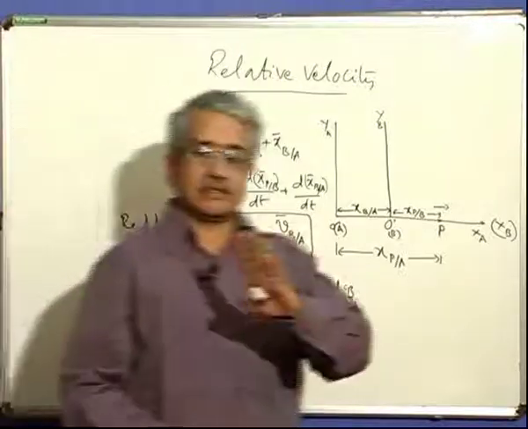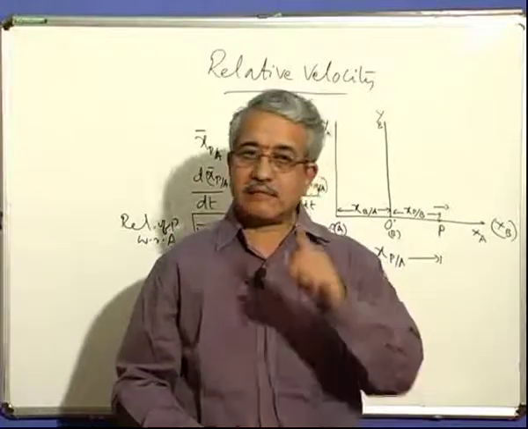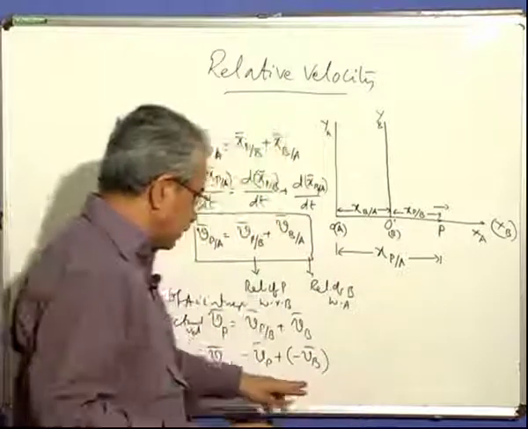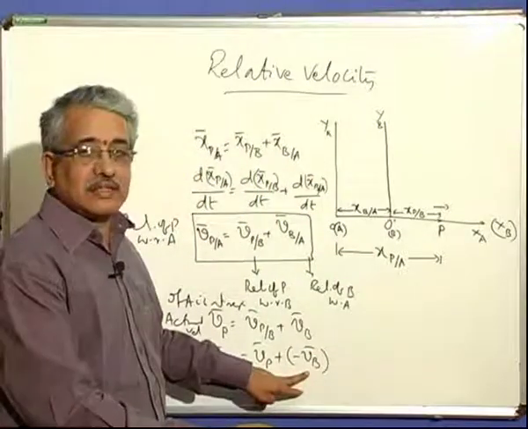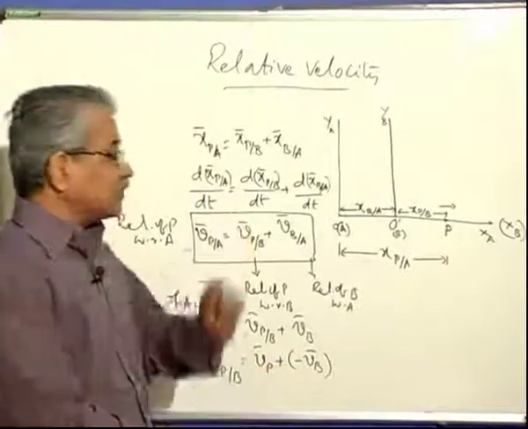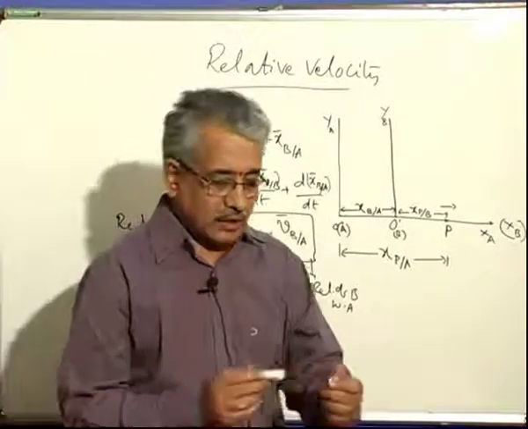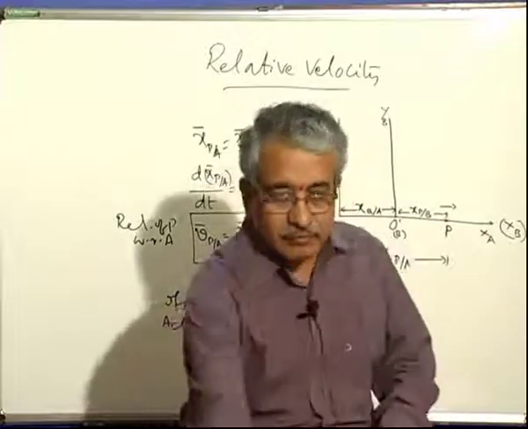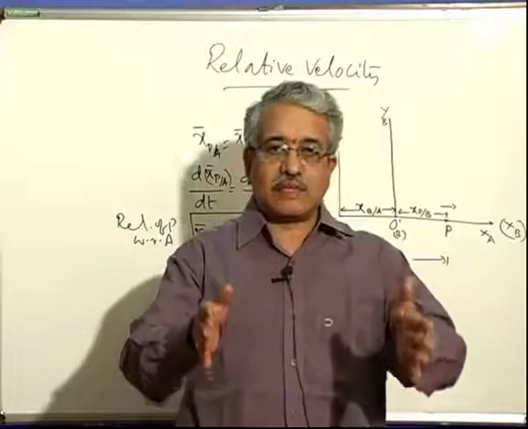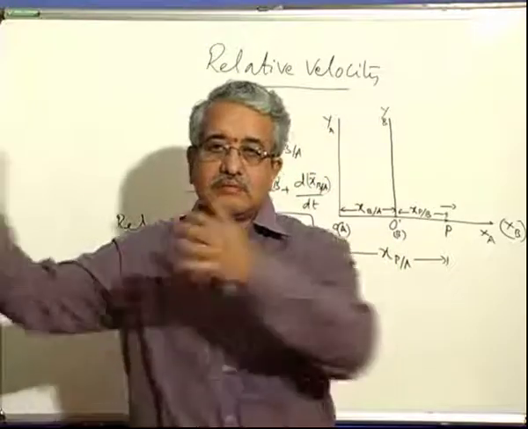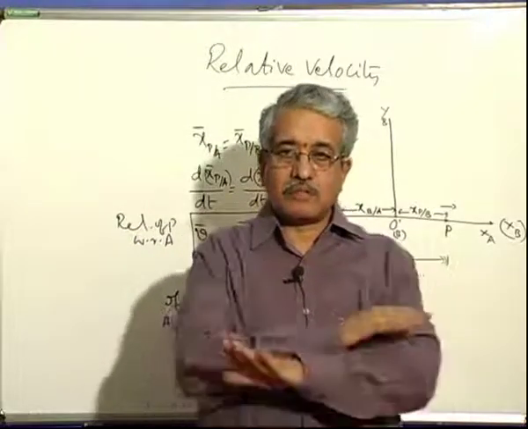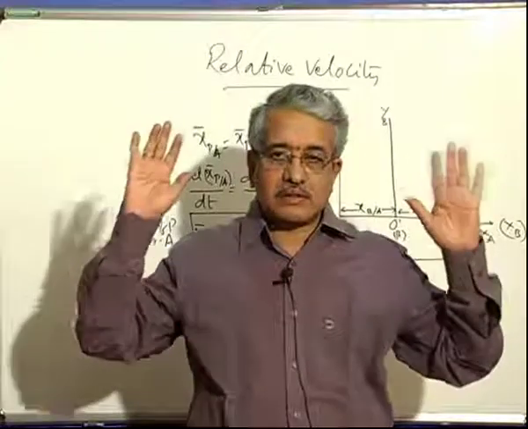Suppose you observe anything. It is not only because of that body's velocity. You will see your reverse velocity also in that. Its velocity and your reverse velocity in that. This is the condition you have to understand along a direction. Suppose you are moving in a car. An example we take. You are moving in a car in the forward direction. There is another car also coming beside you in the same direction. Both are with respect to the earth. Earth is not moving, suppose.